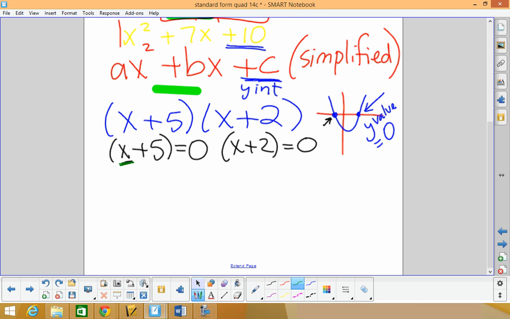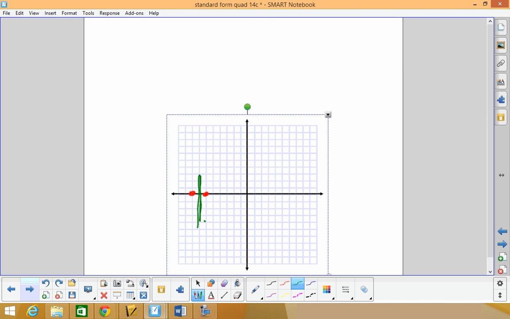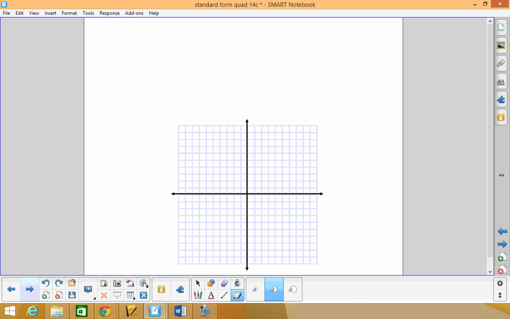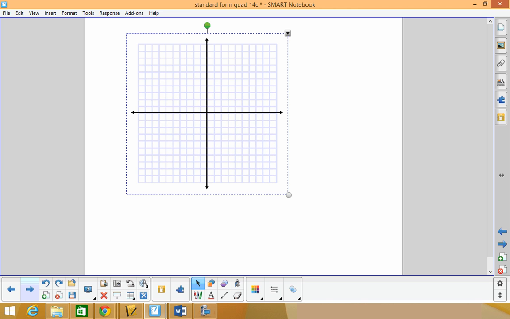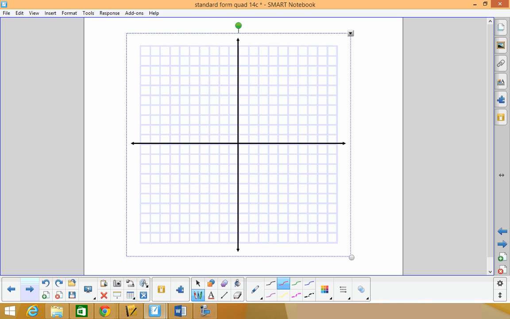What value for x, if we add it to 5, will give us 0? That value is negative 5. So our first x-intercept is negative 5, 0. Okay? What value for x added to 2 will make 0? Well, that value is negative 2. So there's our y-intercept. I'm sorry, those are our x-intercepts. So if we were to graph these,